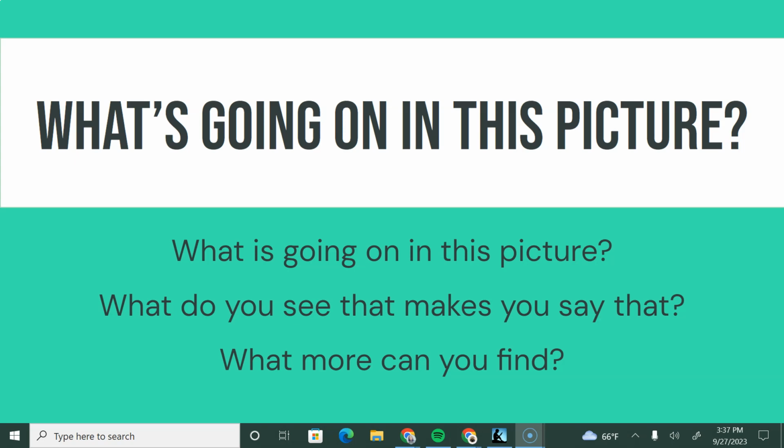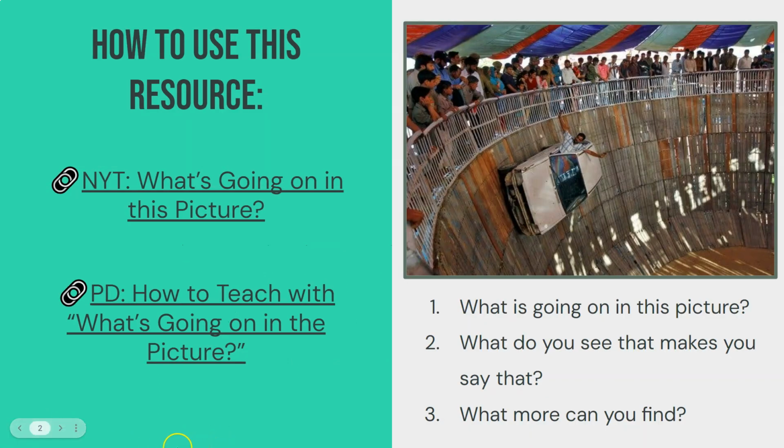I have been a huge fan of what's going on in this graph put out by the New York Times Learning Network for years, and I don't know how I've missed what's going on in this picture, but I recently discovered it and have started using it in class. So with What's Going On in This Picture, the New York Times each week they put out an image, and